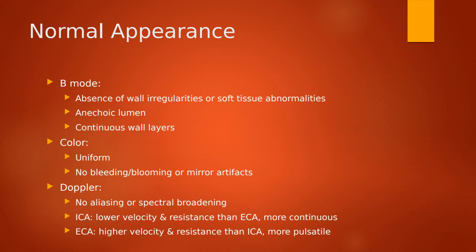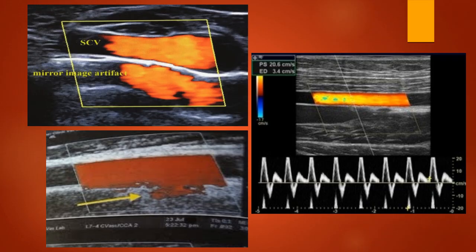Our ICA is going to be a lower velocity and lower resistance than the ECA, and it's a little bit more continuous in its pulsation, whereas the ECA, it's going to be very high velocity, higher resistance, and more pulsatile. So let's take a look at what those would look like. So here we just have our nice example of our standard carotid. So we want to see nice smooth color. We want to see more so that picture on the right hand side in terms of color,